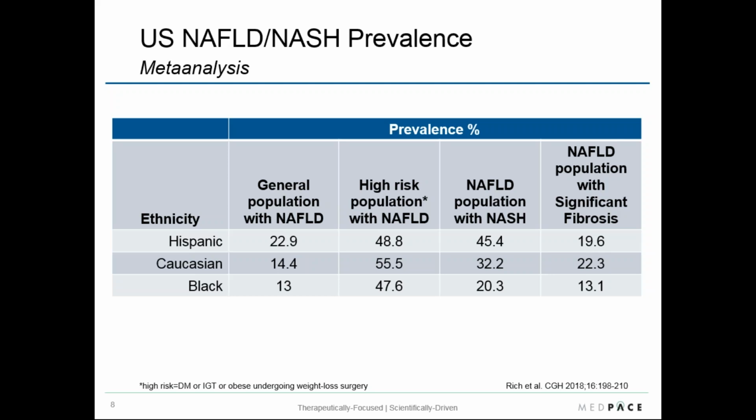meta-analysis, doing a little bit deeper dive into some of the demographic data, is that Hispanics tend to have more fatty liver than Caucasians, and yet again over African Americans. And if you focus on the NAFLD population with NASH, we also see the same trend lines that Hispanics are preferentially afflicted with more advanced stages of disease than Caucasians and African Americans. At least from this data set, if you